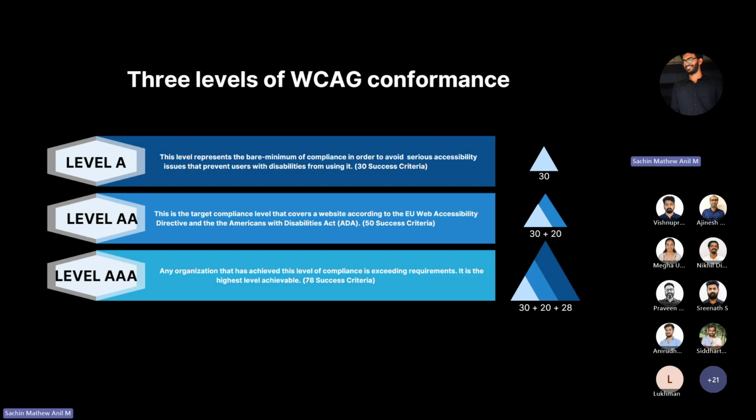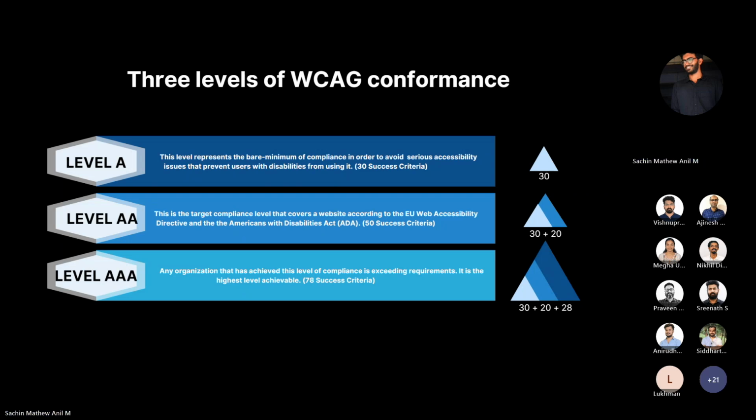As I mentioned on the previous slides, for each guideline, there are testable success criteria. Success criteria are on 3 levels. We have level A, level AA, and level AAA. The level A is the essential level. If this level is not met, the assistive technologies may not be able to read, understand, or fully operate the